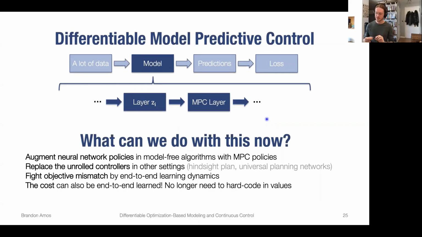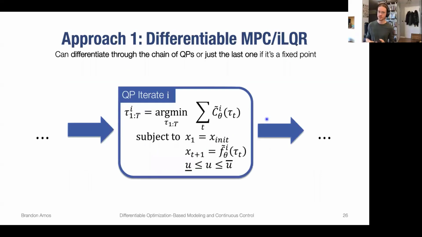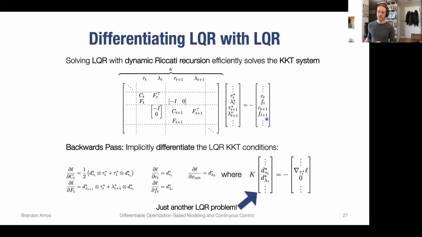Skipping over most of the details for now, there are actually quite a few ways of instantiating differentiable controllers. This is one that we were doing a few years ago, on differentiating through a chain of quadratic programs, where this is the state of the art for a lot of optimization or controls problems where you know that you have a low dimensional space. I'll skip over this slide. There are interesting connections to differentiating through LQR.